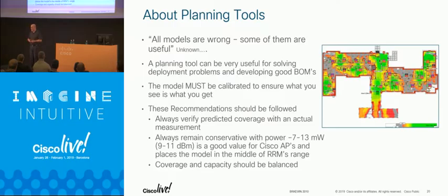Somebody once said, all models are wrong, some of them are useful. They really are useful. If you're careful with your planning tools, you plan in the middle, you give a lot of leeway on either side, which you should be doing with Wi-Fi anyway, you'll get good results. It won't look exactly like that when you're done, but I've never had a problem if I did a good plan. I've never had a problem I couldn't tune out fairly easily and leave a lot of dynamic room.